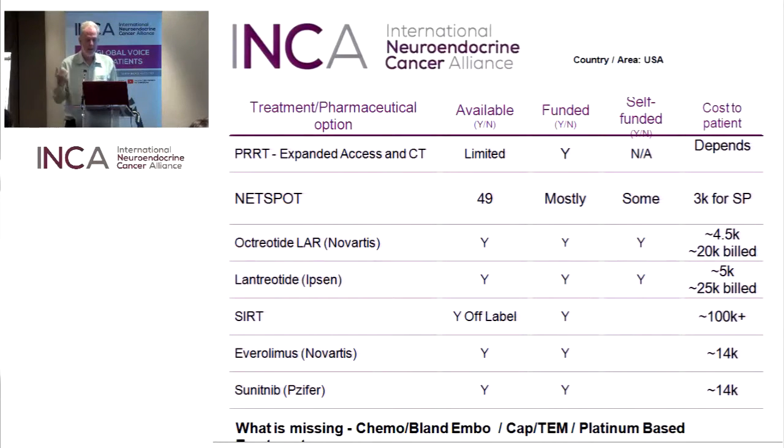What we didn't talk about here is, obviously, if you're talking about CERT, chemo and bland embolization, we have ongoing fights about which is better of the three: CERT, chemo or bland embo. Those are available and mostly cover CAPTEM. But these are commonly available drugs, and they weren't done in a randomized controlled trial. They were done kind of